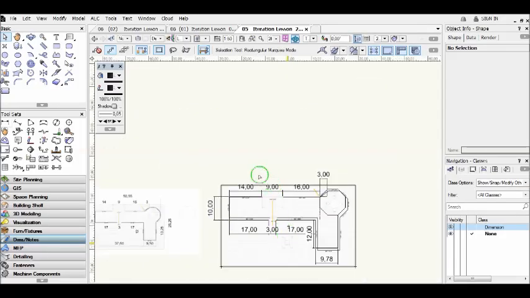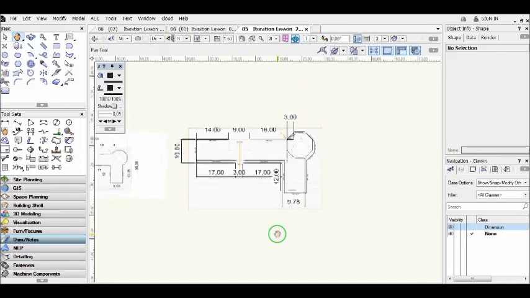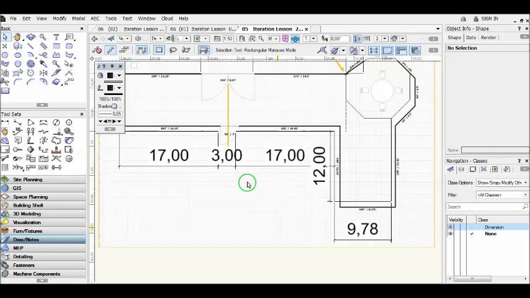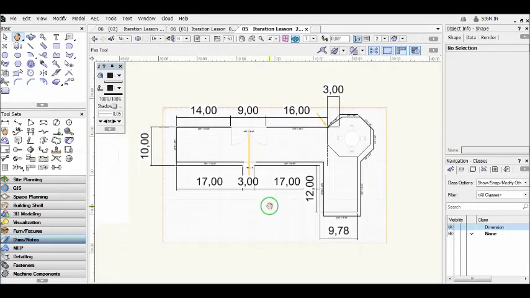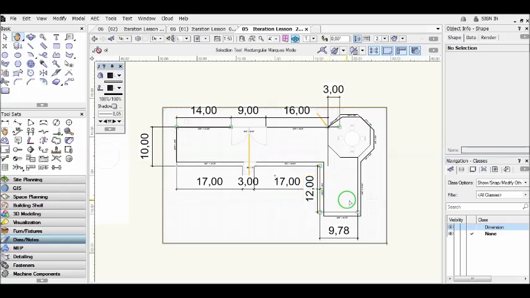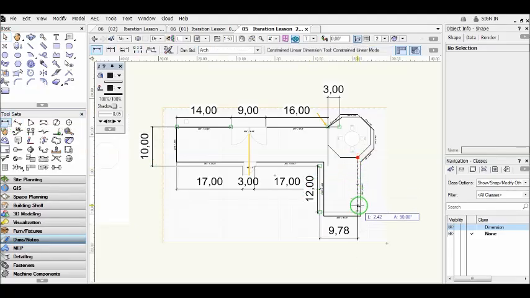So let's add a few more dimensions. Okay,